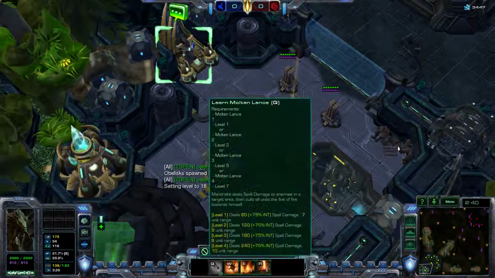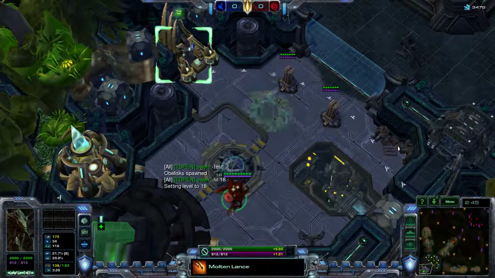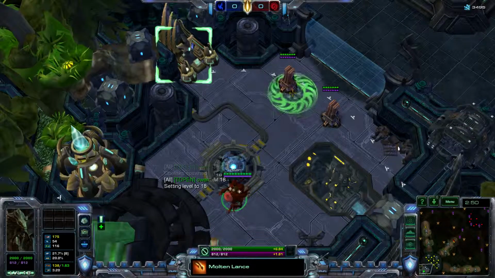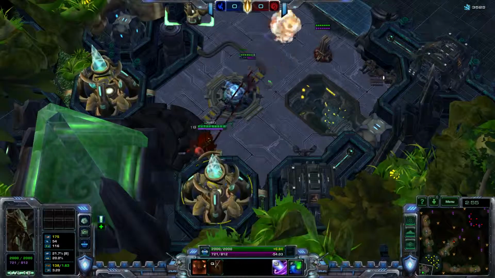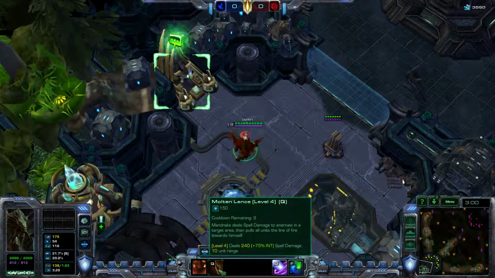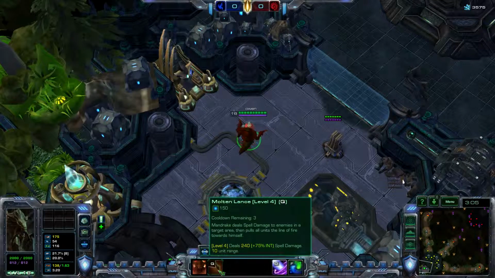His first ability, Molten Lance, lets him pull the target. I spoke briefly about this in the last video. It is nowhere near as much range as Micro's throw, but he can move and pull further. This does work on little test guys. So the Molten Lance, energy cost 150,